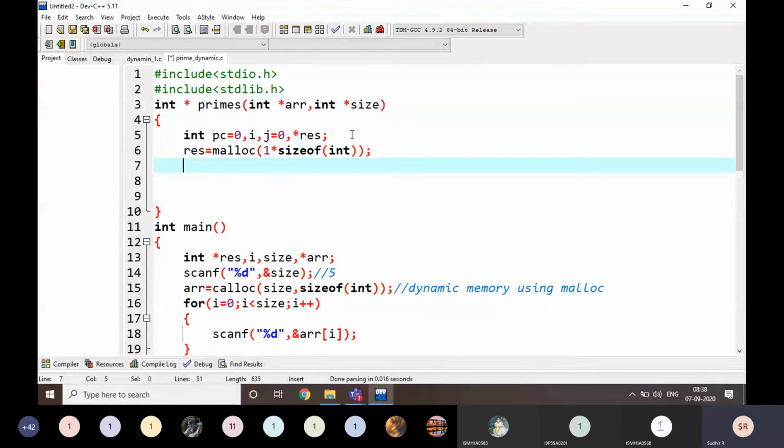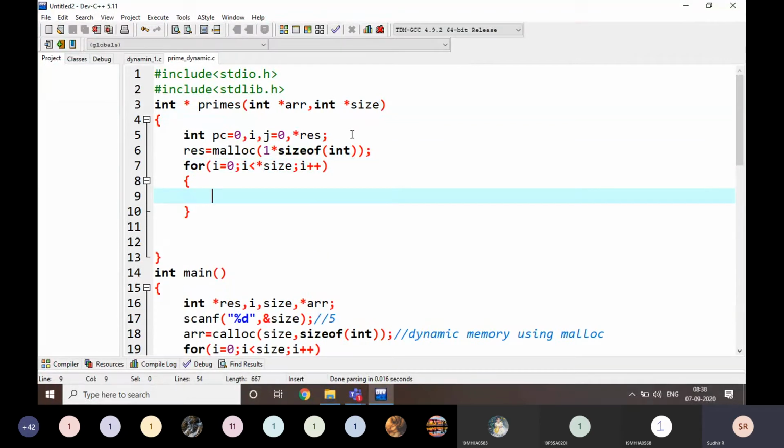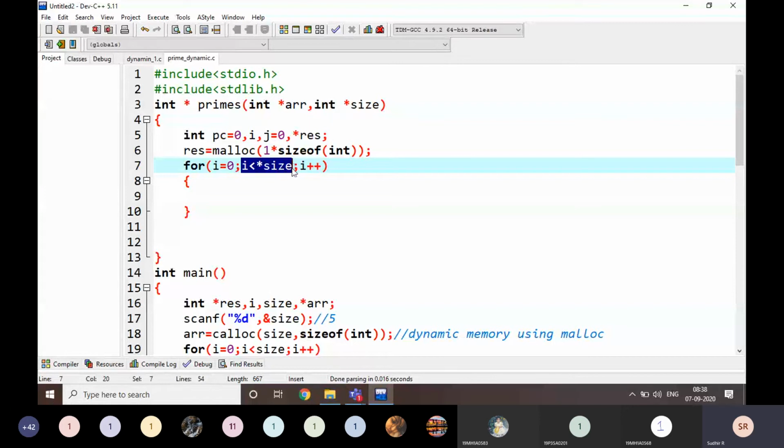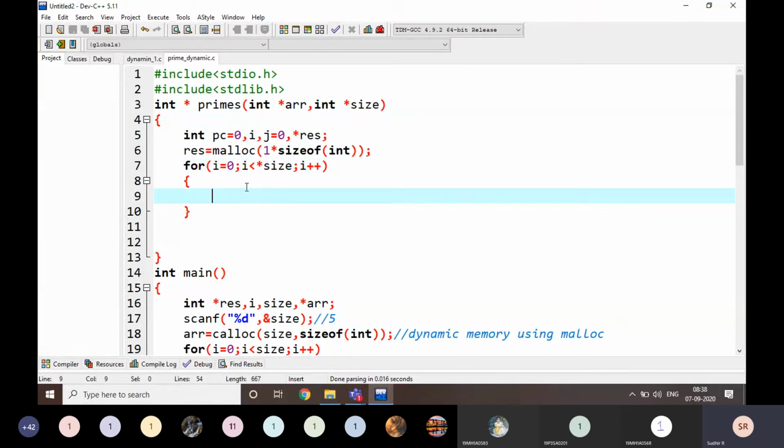Now I am going to write for i is equal to 0, i less than star size, i plus plus. Why am I writing star size here? Star size is the value, size is the address. That's why I am writing like this. i is equal to 0, i less than star size and i plus plus.